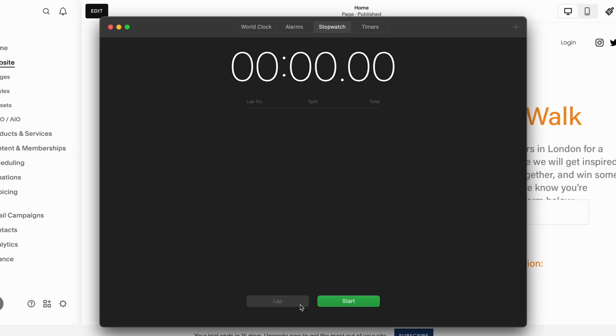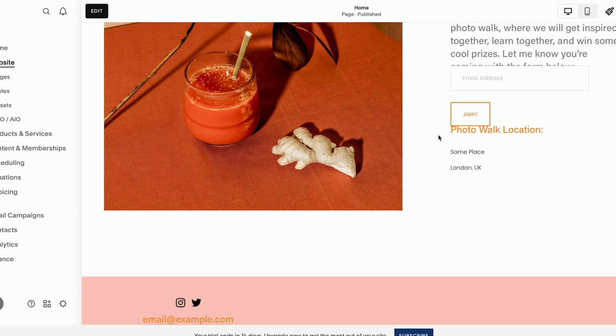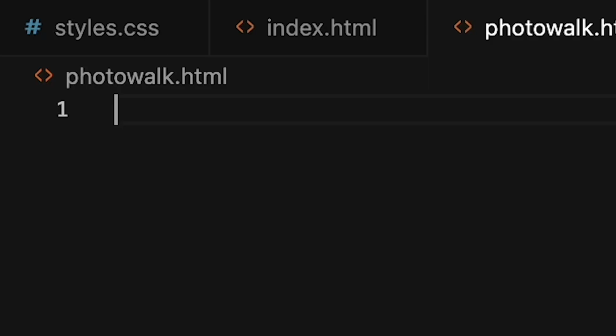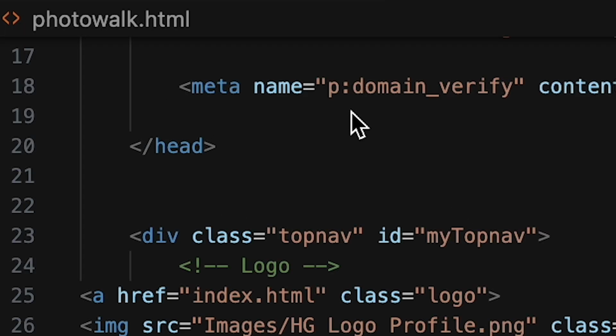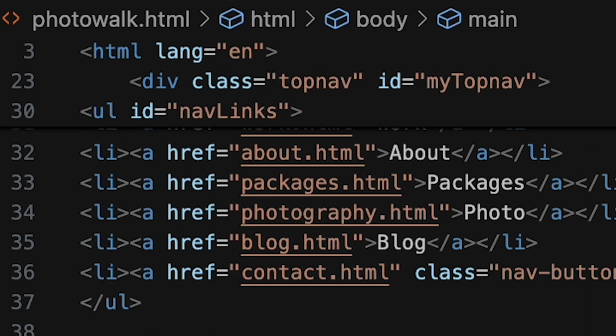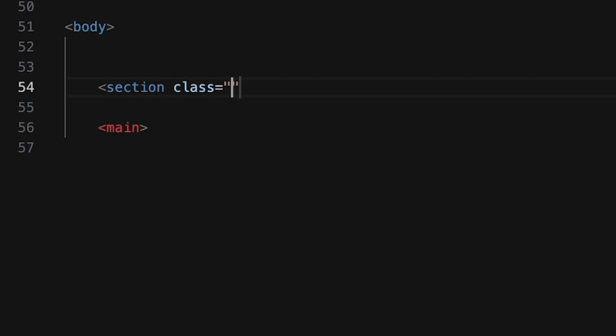We're going to reset the timer because we're going to get ready to code the landing page. Let's just start the stopwatch. We're already at 6 seconds. We're wasting time. Okay. We've got photowalk.html started. Basically, I'm going to take most of the code that's in my index.html. So my homepage, basically. Section, class,